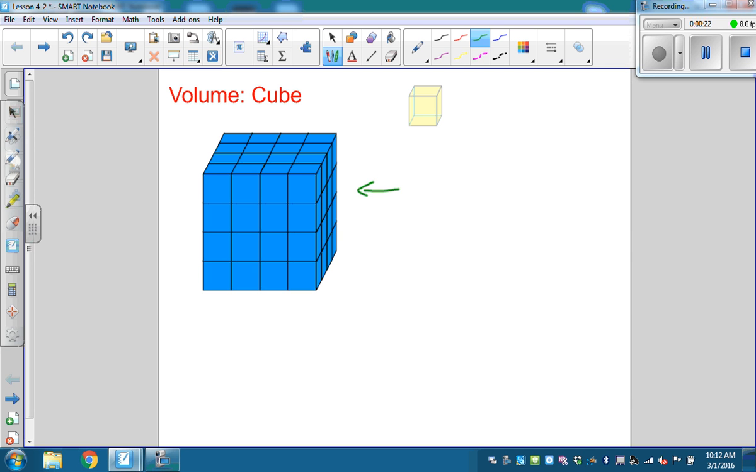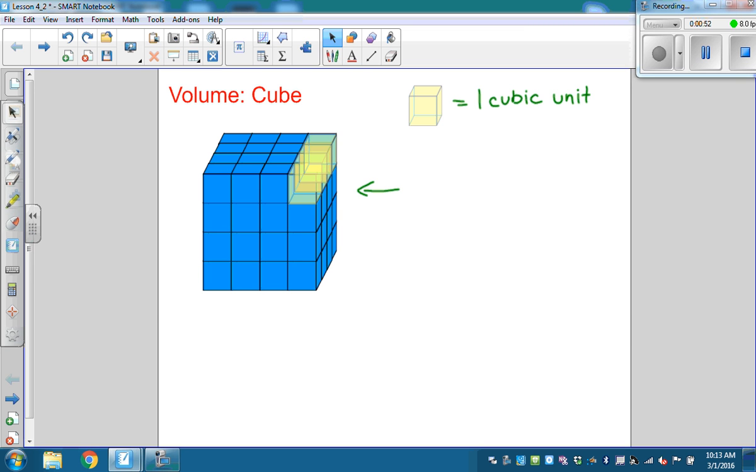blue cube, it's divided up into lots of smaller cubes that are the same size as this yellow cube. So if this yellow cube is 1 cubic unit, the volume of the blue cube would be however many yellow cubes we can fit into it. And as you can see,